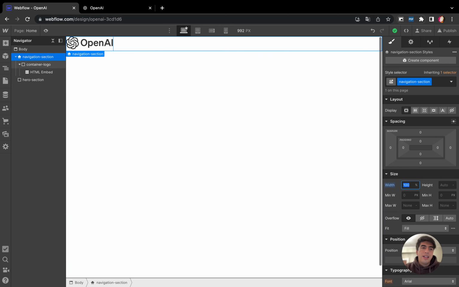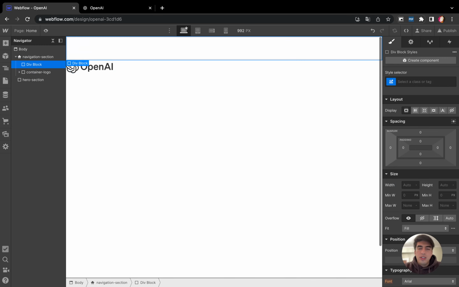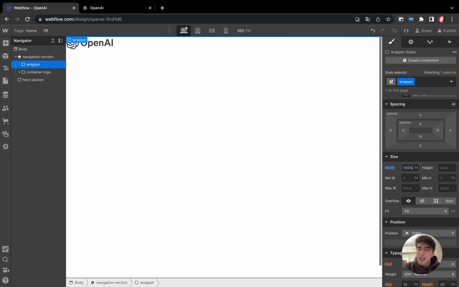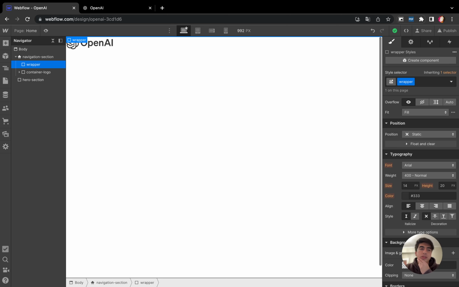Okay, and another tip that I will give you is just put the grabber. So we have our section, you know, grabber, and the second class, so we're gonna put the grabber, and the grabber is in every case just 100%. And there you go. So now we want to add the other classes that are named, for example, wrapper